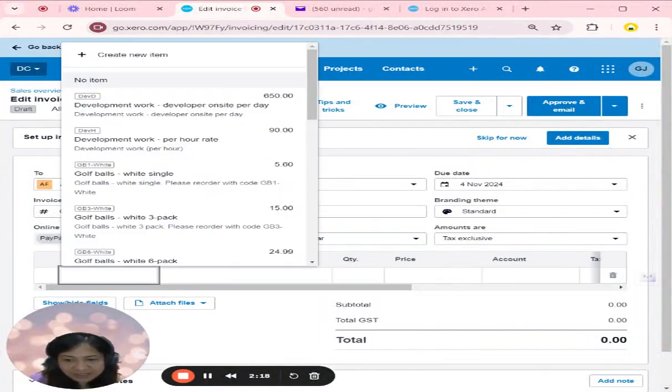In the item section, type or create what you are billing for.